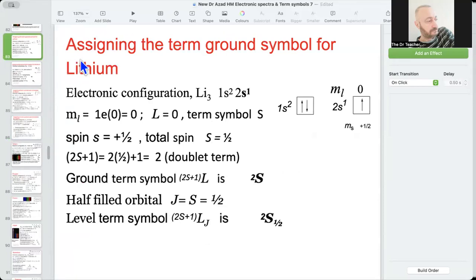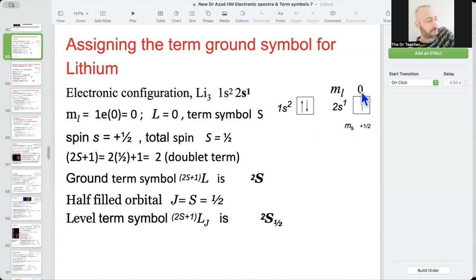Assigning the term symbol for lithium. So here we have lithium, atomic number 3, 1s2 2s1. Taking the outer shell, the valence electron shell, which is one orbital, there is one electron in it, and the name is 2s1. So straight away, after drawing the box